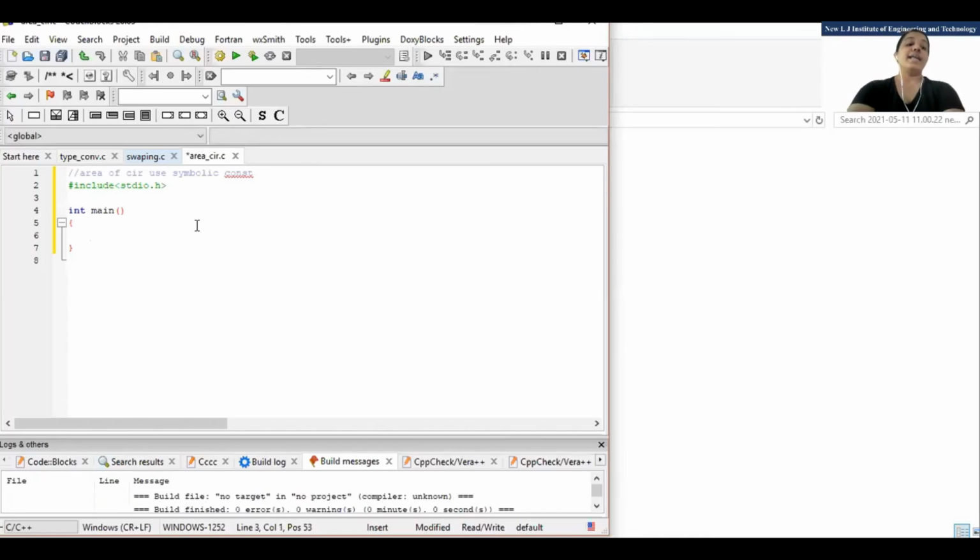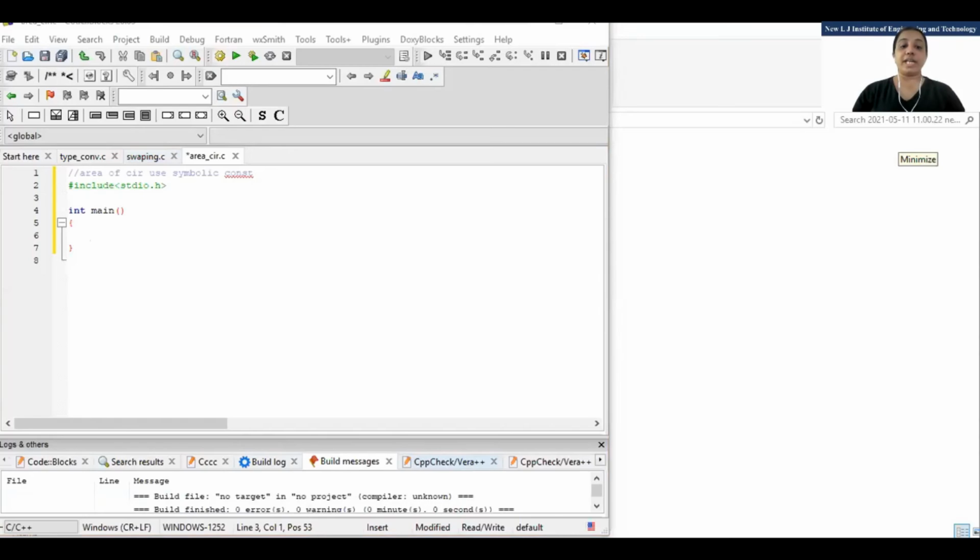So how do we define the symbolic constant? Anyone? Which statement will be used to define the symbolic constant? Just write it down in the chat box.